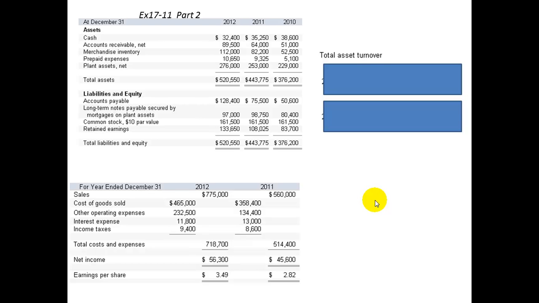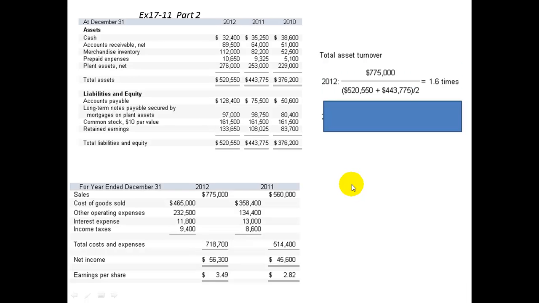Part two, we're looking at total asset turnover, and we have information for 2010, 11, and 12 balance sheets, and we have 2011 and 2012 income statements. Our total asset turnover formula would be $775,000 worth of sales, which would be in 2011, divided by our total assets up here for